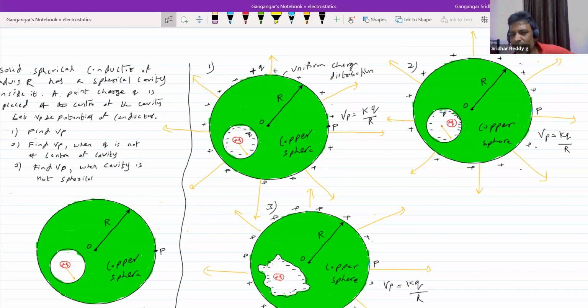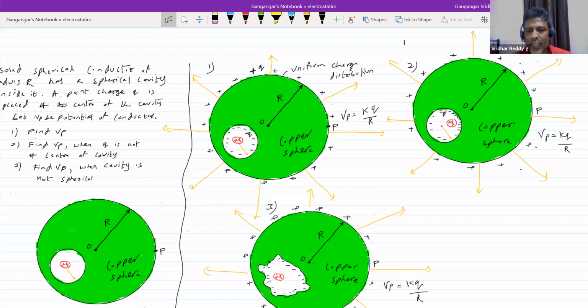Anybody may ask, sir, why you are writing the equation and not giving any good reason? Somehow you are telling that the charge distribution is similar to a conducting charged sphere. I'm using Faraday's cage, that's all. The effect of the cavity on the outer surface will not be there. Similarly, the effect of charge on the outer surface will not have any influence inside the cavity. It is vice versa. External charge will not influence anything inside the cavity. Similarly, the charge system inside the cavity will not influence the external charge system. But sir, I'll make it Q, I'll make it 2Q, as the induced charge will change.